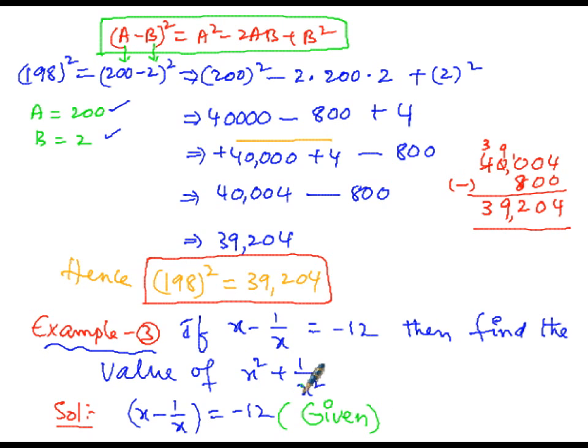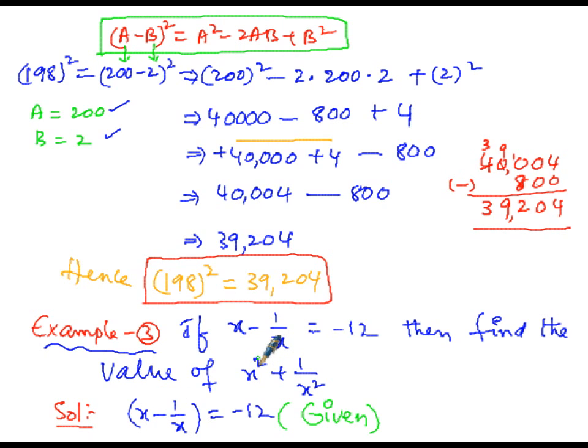In our given condition, on the left hand side, x raised to the power of 1, and in the denominator 1 by x, x raised to the power of 1 is there. The exponents are 1 and 1 each. But we need the value of x square plus 1 by x square. We need x raised to the power of 2, whereas here x to the power of 1 is given.